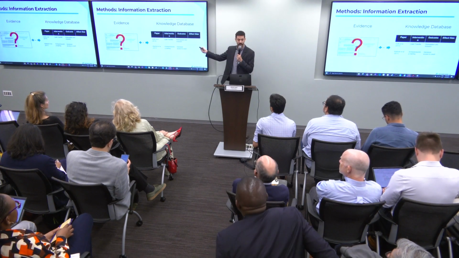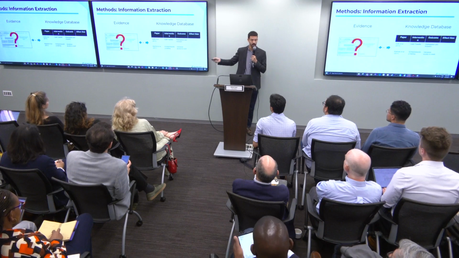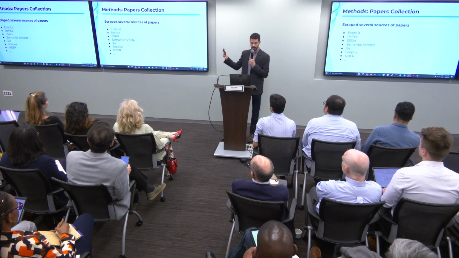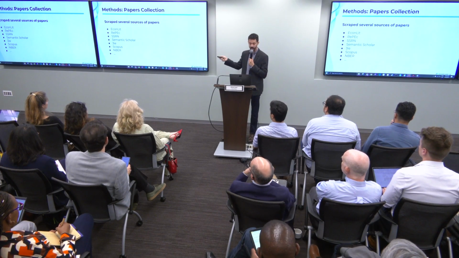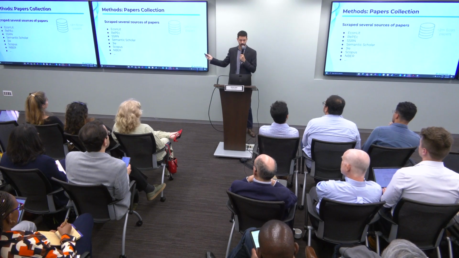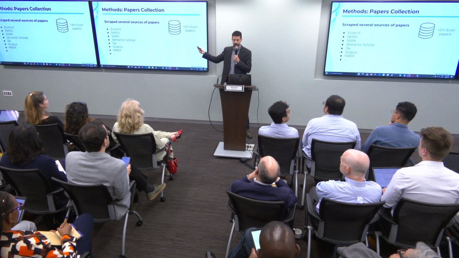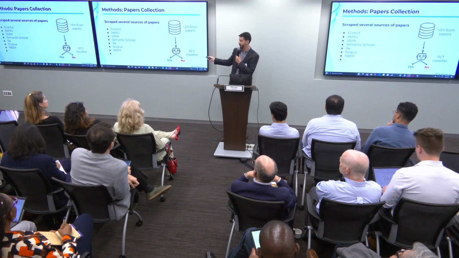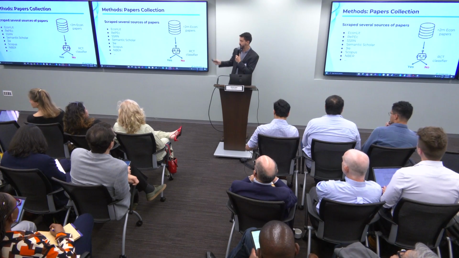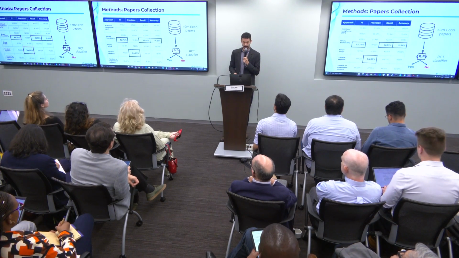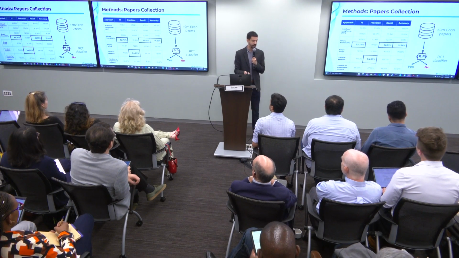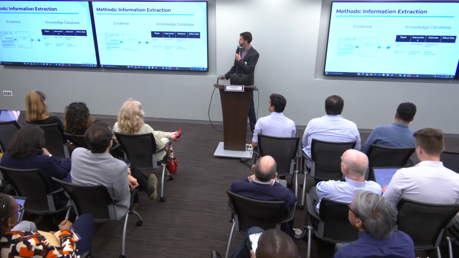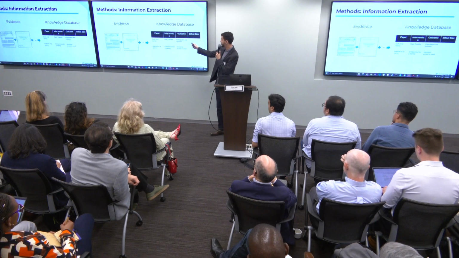And you could ask, how do we get this evidence literature? Because it is a growing literature, and it is not readily available anywhere. What we did is scrape several sources of papers, including EconLit, RePEc, SSRN, Semantic Scholar, and so on and so forth, which got us more than 2 million econ papers. From this database of papers, we train an RCT classifier to determine whether yes or no, this paper is an RCT. Then we get our evidence literature, and you can see that the performance of our classifier is satisfactory at the moment and encouraging to continue these efforts. From this evidence literature, we extract the knowledge database for each of these papers.